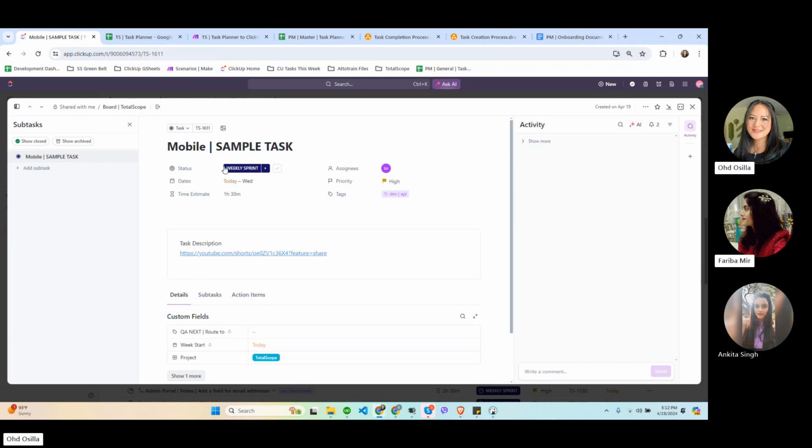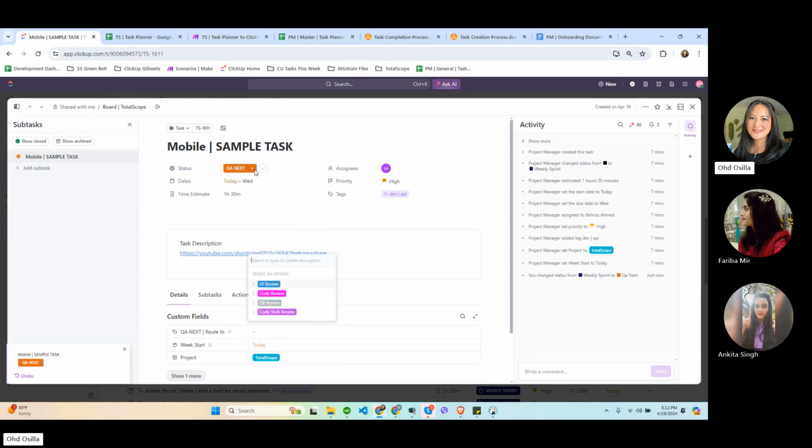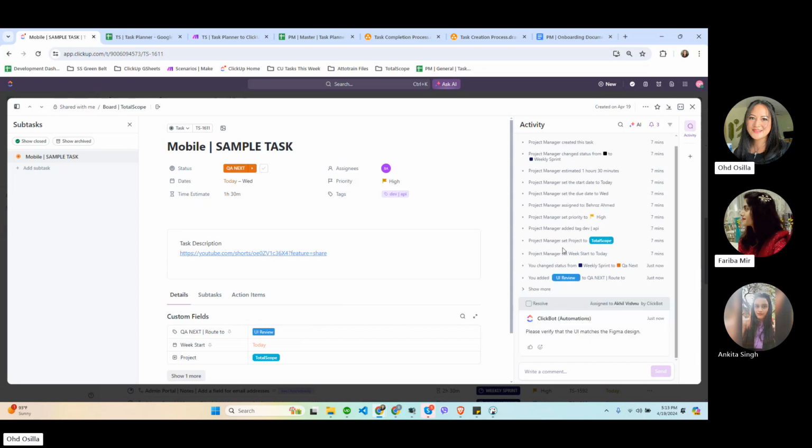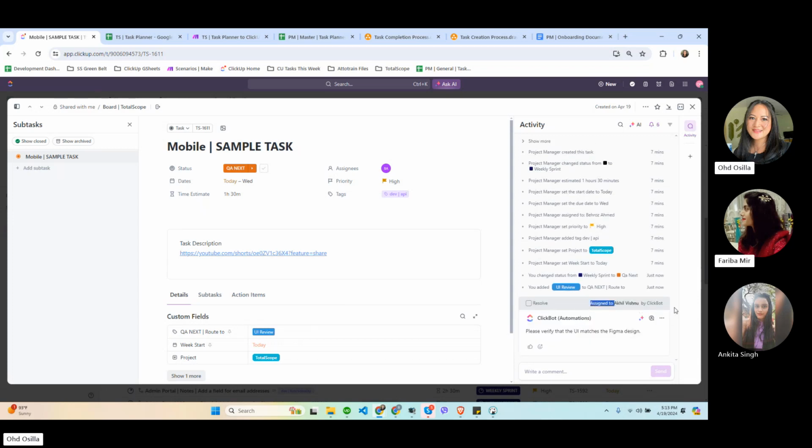Just to give you an example, when it's in QA start and QA moves it to QA next, they need to tag what will be done in the next level of QA. If it's a UI task, where they develop the HTML code from the Figma design, then usually we will tag it for UI review. If we tag it for UI review, a comment assigned to Kill will be automatically created, assigned to Kill to do the UI review.